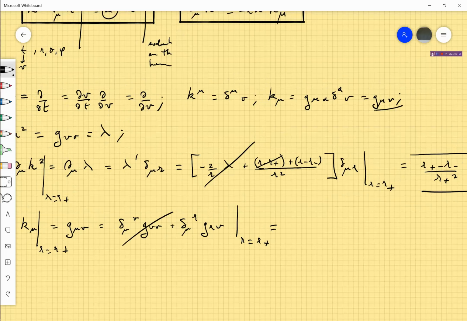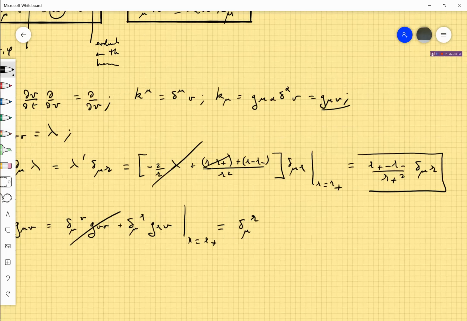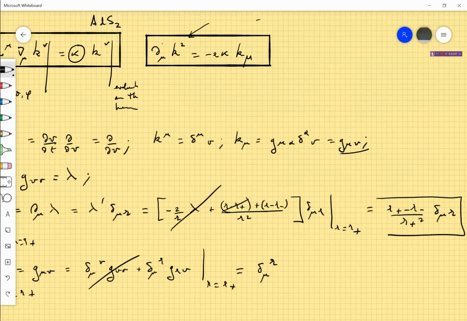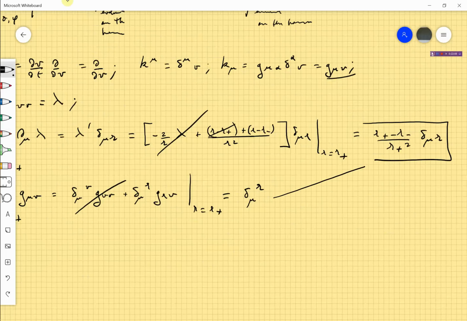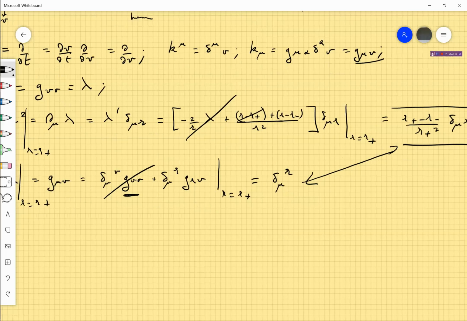GRV is just 1, so this is delta mu r. Okay, otherwise we would be in trouble. So if you don't evaluate these expressions on the horizon, here I didn't say it, on the horizon, then you could never match these two expressions, because there would be this term which is different from 0 for mu equal to v. Now you compare these two expressions, and the conclusion is that minus 2 kappa,